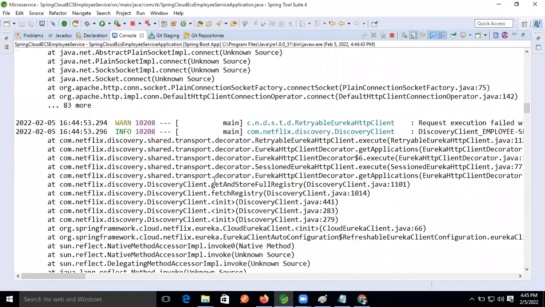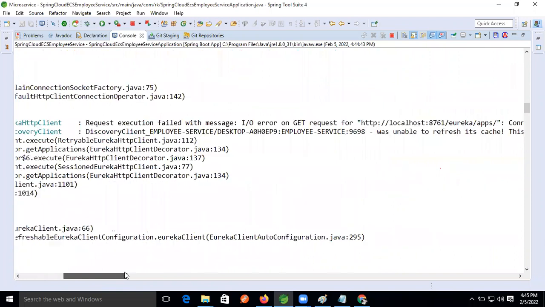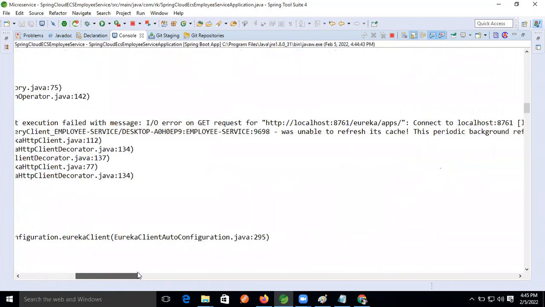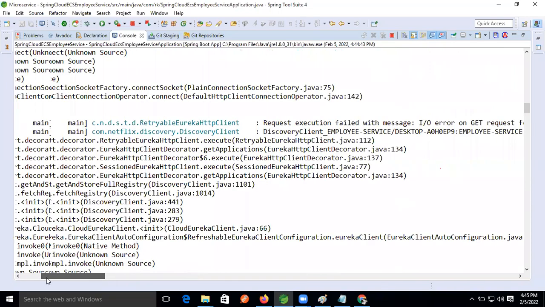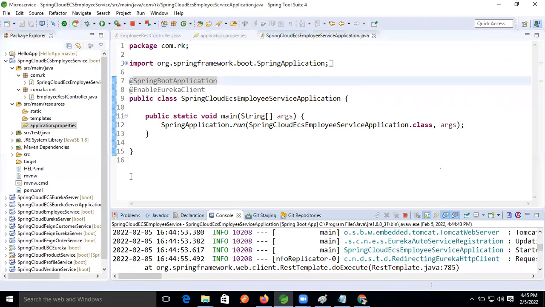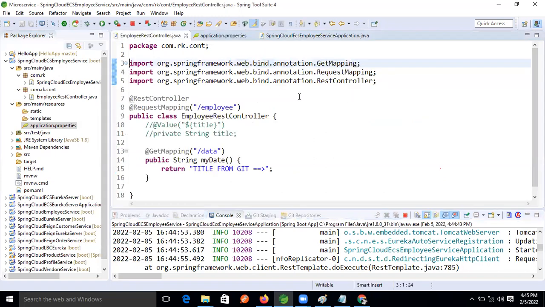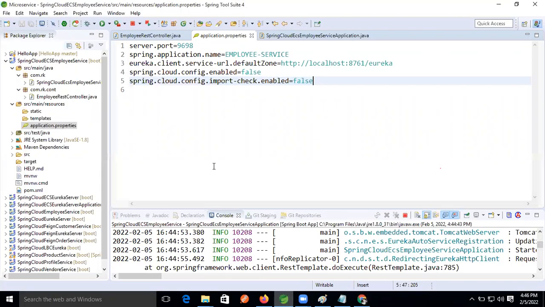Connection refused problem, Ravi. Maybe the Eureka server URL? Is the server running? Ravi, yes. We are taking the application name. It can be used to read the